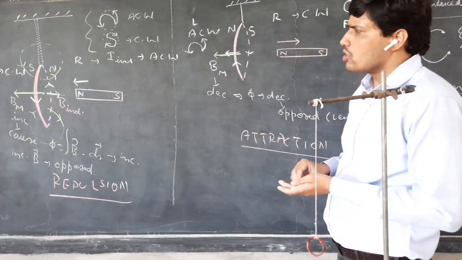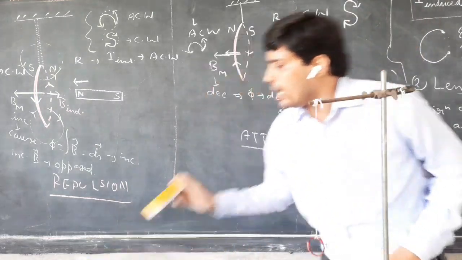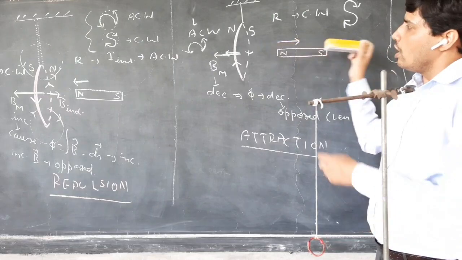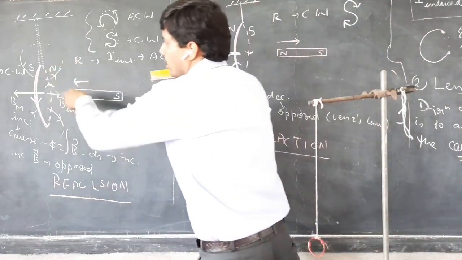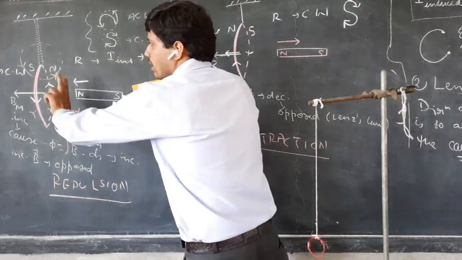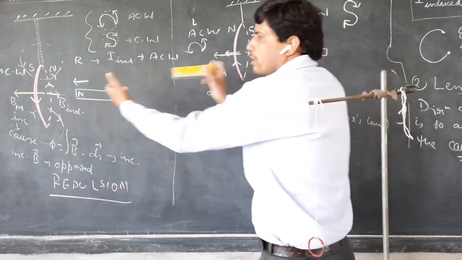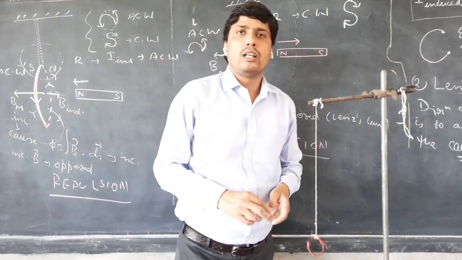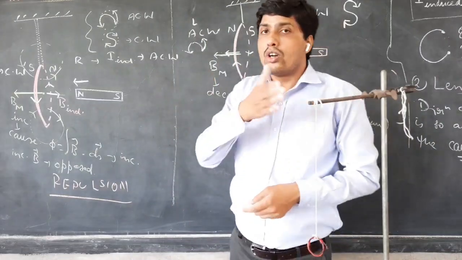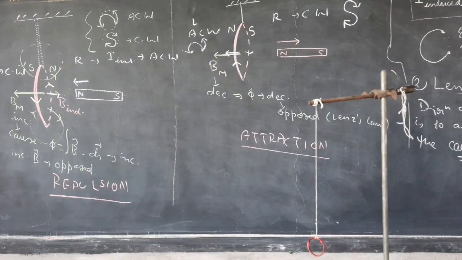Now, what do you expect should happen if you take this magnet in your palm like so and you move it like so? So when it comes closer, magnet will push this coil, repel this coil, as I have explained, it will be repelled. And when you take it away, it will attract it. So repulsion, attraction. And because of this repulsion and attraction, the coil will start oscillating. And it is this activity which I am going to demonstrate you just now. So let's see this particular activity.